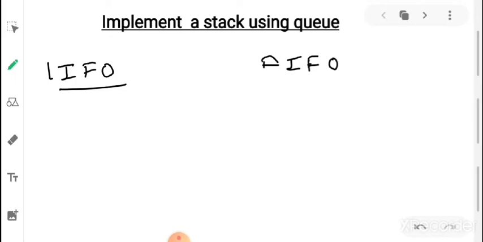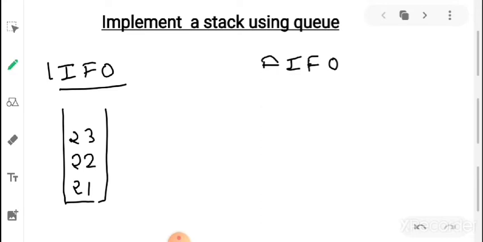Okay, so let's say I have a stack and I have pushed elements into the stack. If I call the pop function now, the element that would pop first will be 23, obviously, because it works on the concept that is last in first out. So if we are popping something, the element which is at the top of the stack would be popped first.